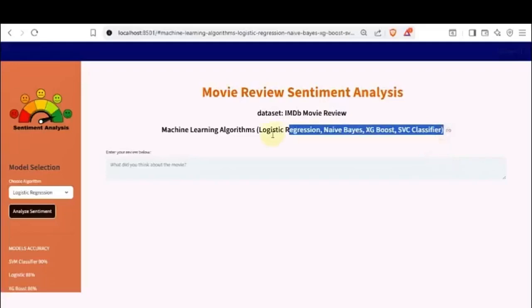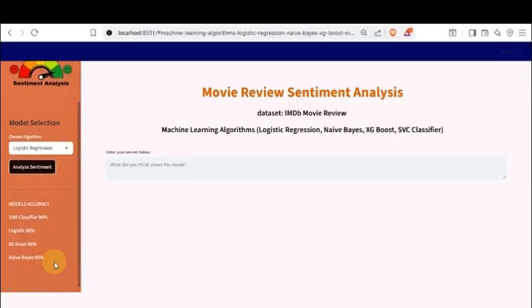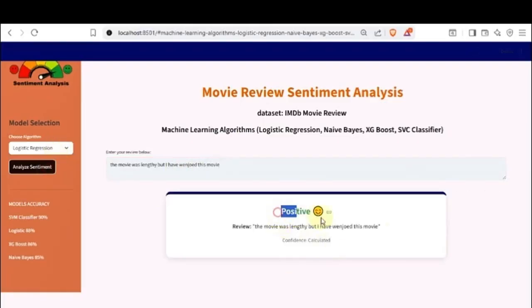Understanding audience feedback is critical in the media industry. And this movie review sentiment analysis tool provides an automated way to gauge viewer emotions instantly. Manually sorting through thousands of reviews is time-consuming and prone to human error, making an intelligent classification system essential for